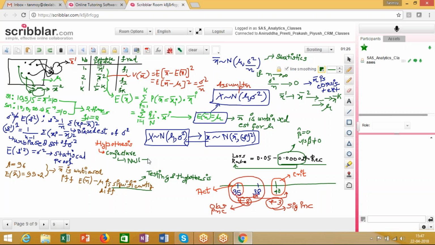The null hypothesis, as it suggests, is always the no significant difference hypothesis. So over here, in respect of the expected value of x bar and mu, my null hypothesis will be expected value of x bar is equal to mu